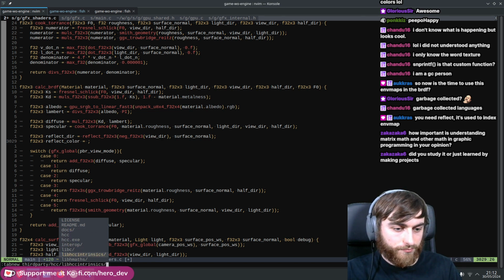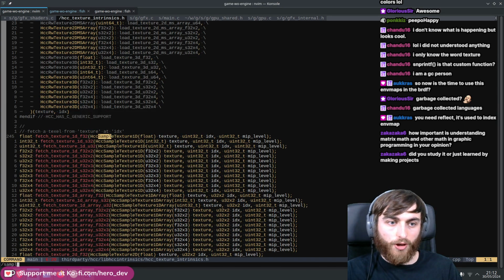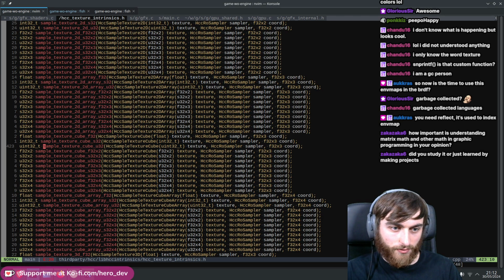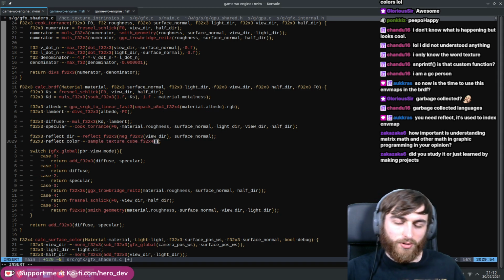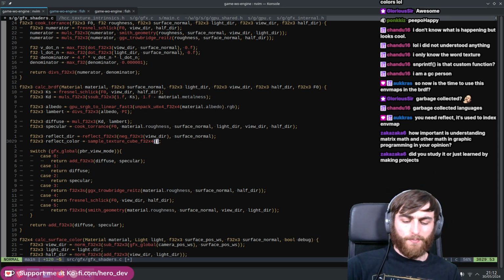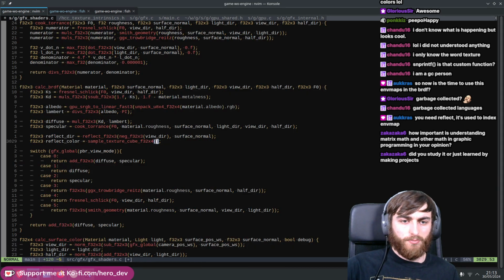So I'm looking for the texture intrinsics. So we want to sample texture cube. Past Henry has done it. Right, so I want this one. I need a sampler. Do I have a sampler? Not at the moment. So unfortunately I got manually passed in samplers, but they're in the code base. So we're not completely buggered. But yeah, so I need a